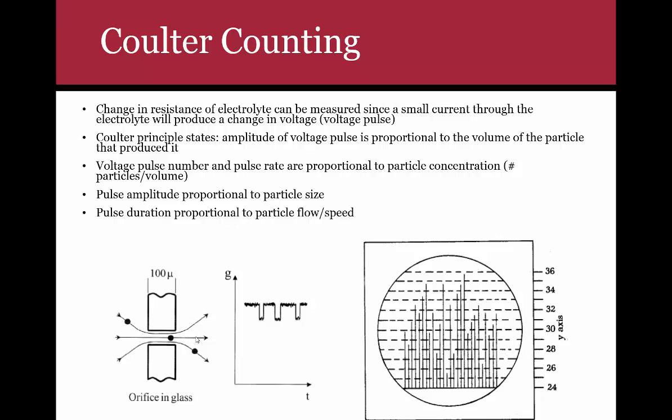There's a couple of things that I want you to take from this picture down here that are stated up here. So let's again play some scenarios in our heads about what can happen. If this particle is bigger and goes through this small opening here, that's going to cause a bigger change in conductance in this case, right? So you're going to have a bigger drop off in conductance because you're taking up more area in here. So if you have a bigger particle, you're going to get a bigger dip. In terms of measuring voltage, that's going to result in a bigger voltage spike